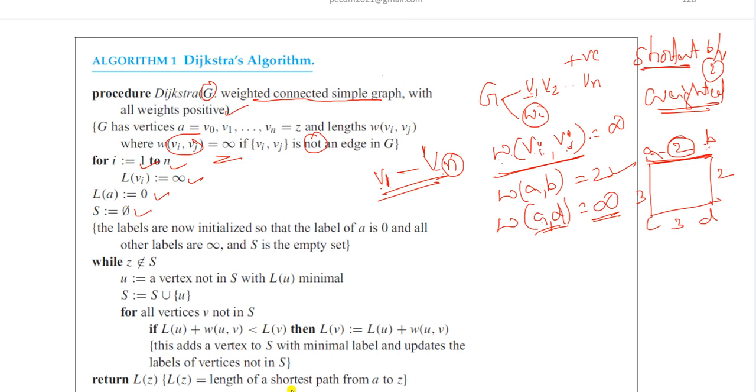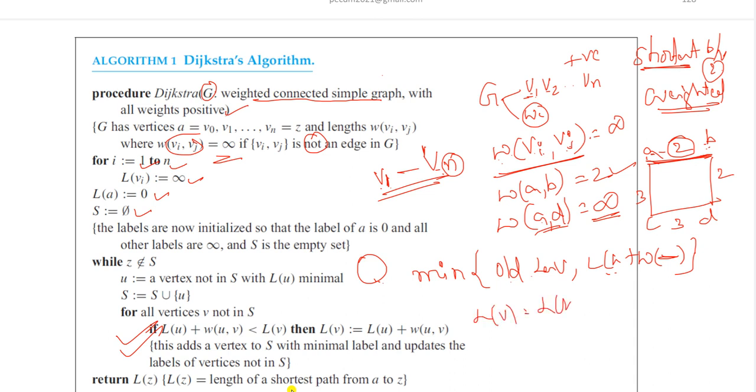What I explained in that: first, we take the minimum of the old label value of that vertex and the new value, which is the length of the previous vertex plus the weight between the two vertices. That is the step here. If L of u plus weight of u comma v is less than L of v, then L of v is equal to L of u plus